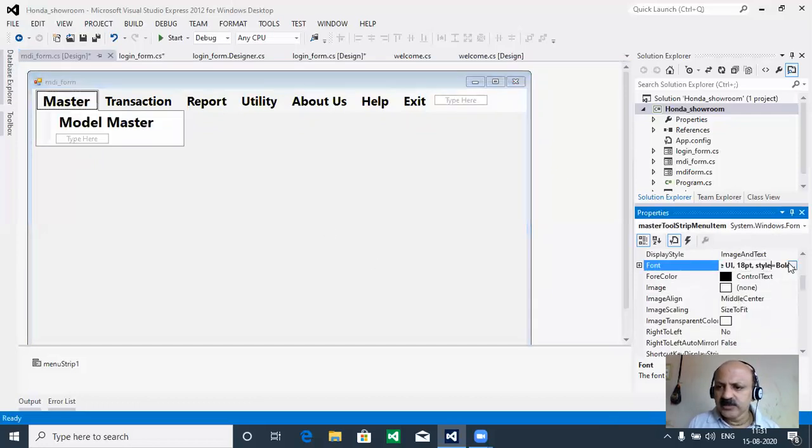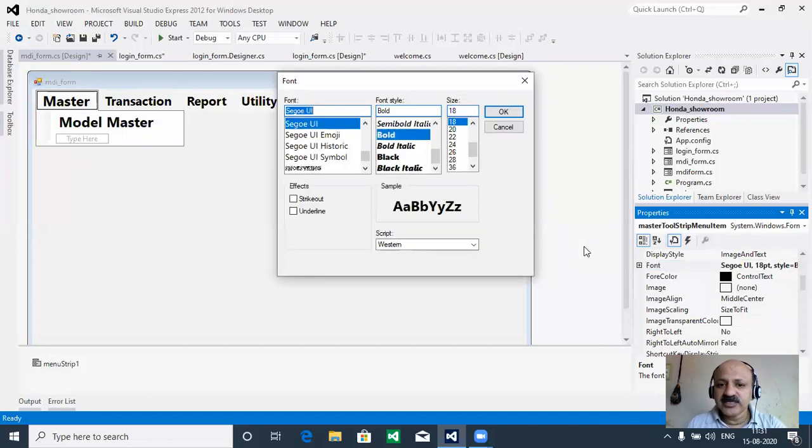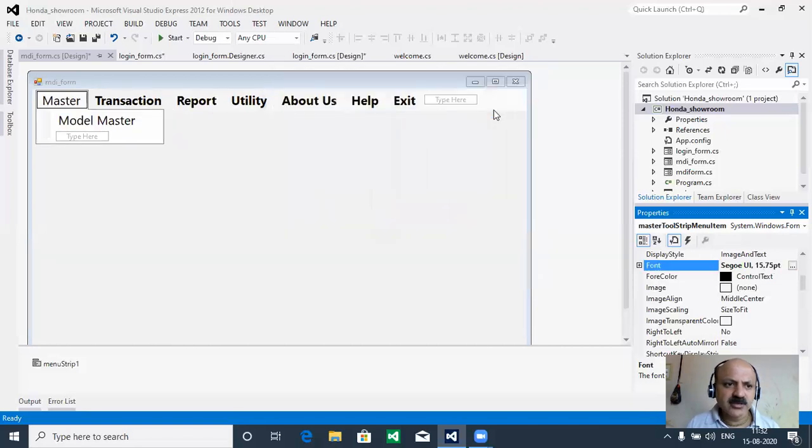After some experience of testing, you can get the idea of whether it is better or not, so you can take some time to test and then apply it to your own. Automatically the size is increased according to the parent master, and then model master is there. If regular is used, there is no problem. Okay, let us check.